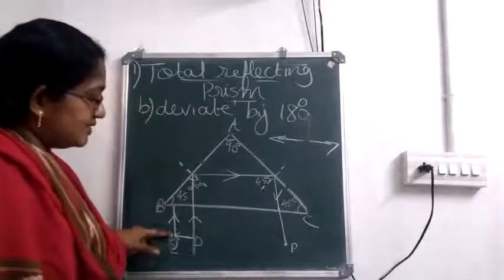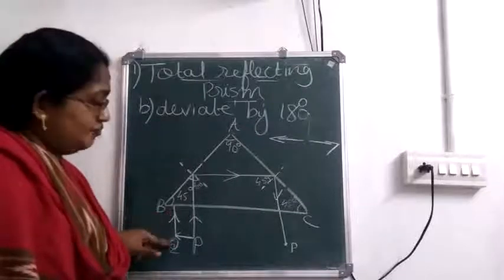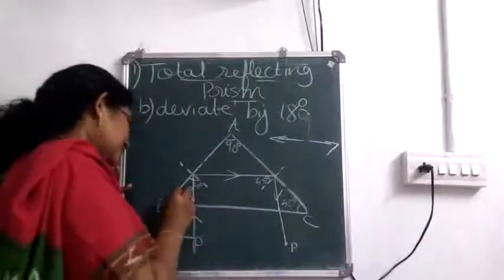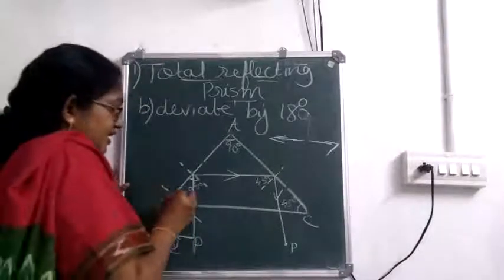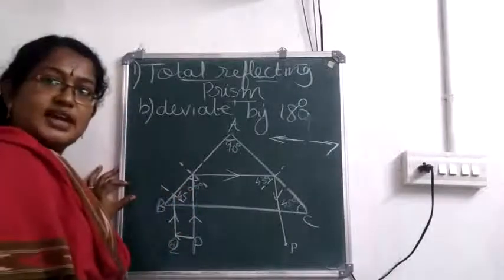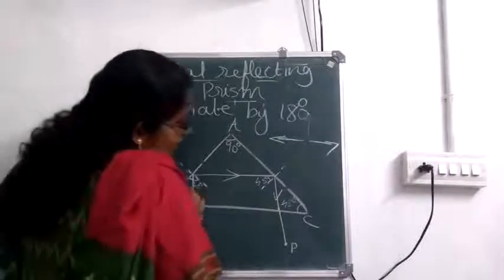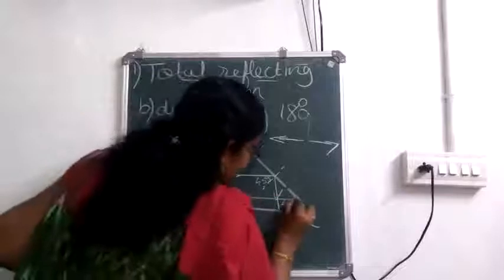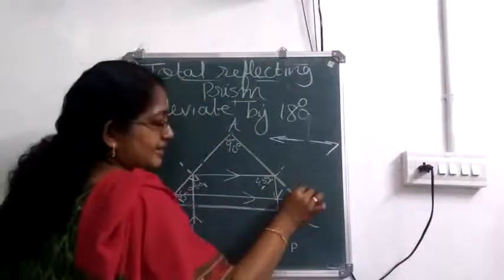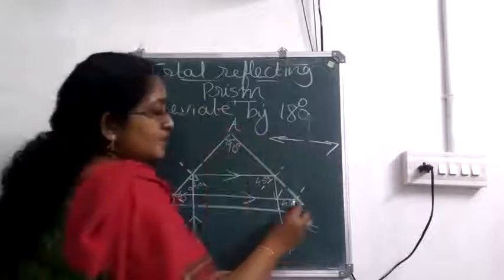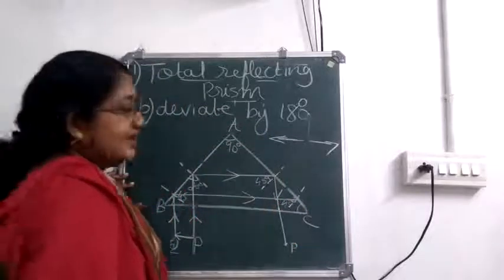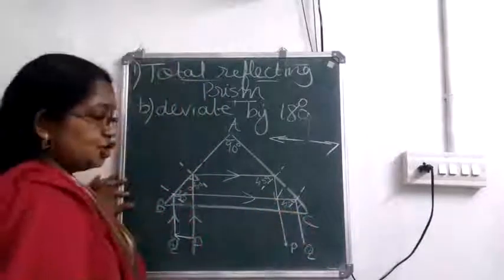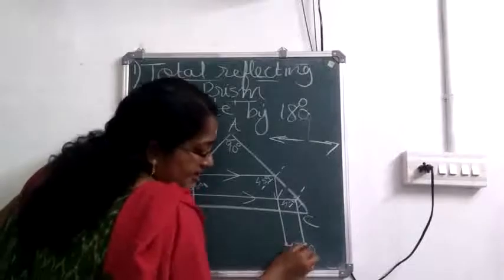So first we have considered the light ray from Q, which hits on the face BC, and since it is normal incidence, what happens? It goes without any deviation. Here also the angle of incidence is greater than the critical angle. It is 45 degree. So it undergoes total internal reflection and it hits on the face AC. Okay, here also the angle of incidence is 45 degree. Then what happens? The ray will go down. And which point is this? That is Q. So in which direction did the light ray move?